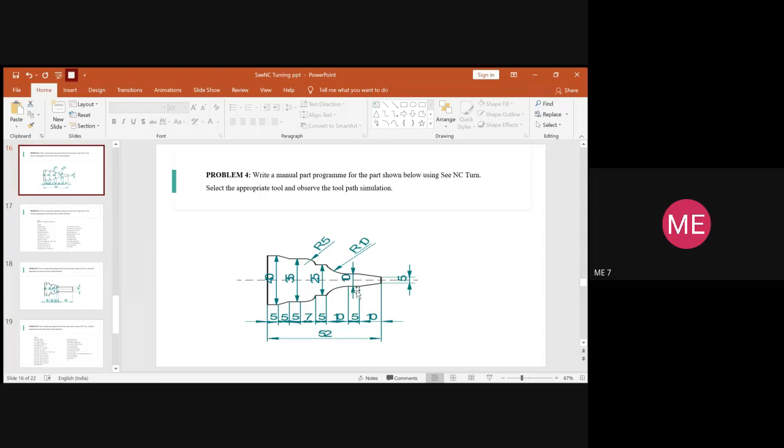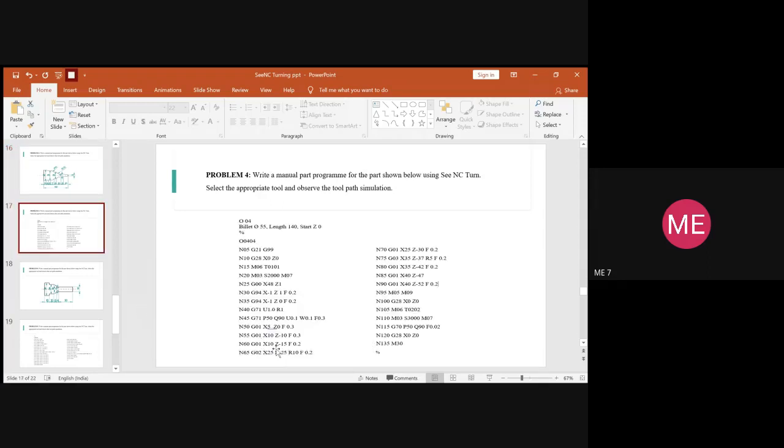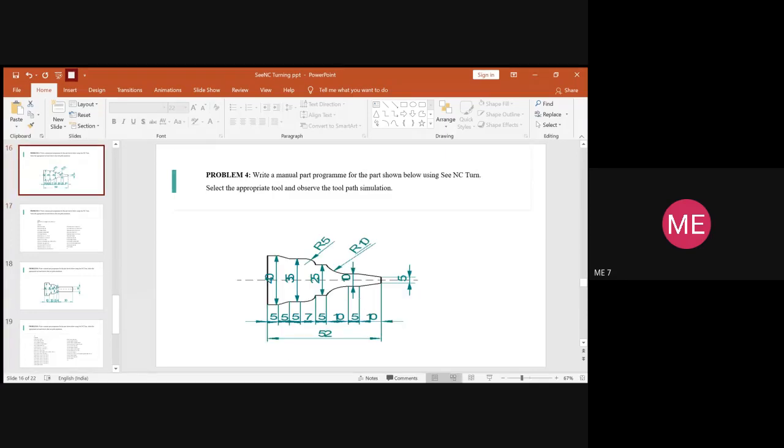After that, again you have a linear interpolation here for 5 mm extra, but x remains the same. So x will be 10 and z will be minus 10 and minus 5, it will be minus 15. So you will write the same thing over here, z is equal to minus 15 and the feed rate what you are giving, you kindly type it here as 0.2. So now the tool is over here. It has reached here. So at this point, x is 10 and z is minus 15.